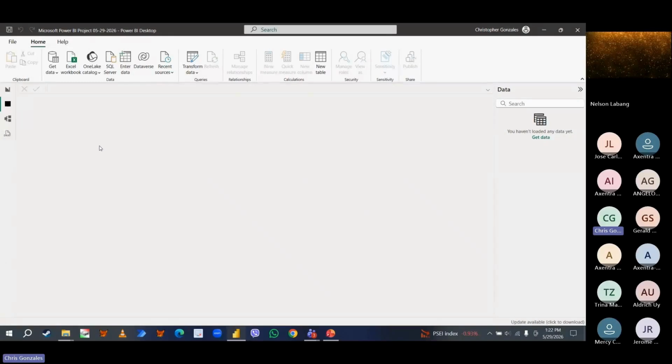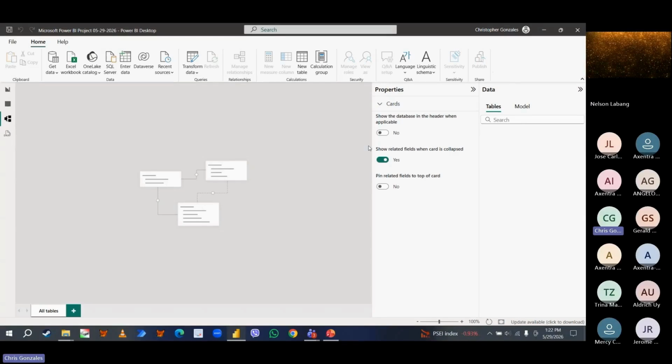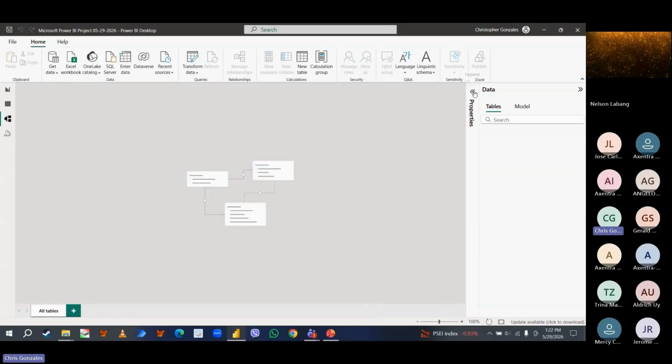You can see columns and rows. And we also have the model view. As of now, we don't have it yet. But once you import a table, a single table is equivalent to a single box, which represents a specific table reference. So this area is what we call the data model view.